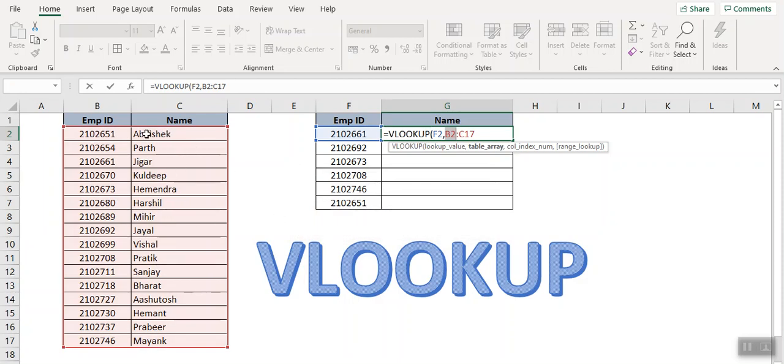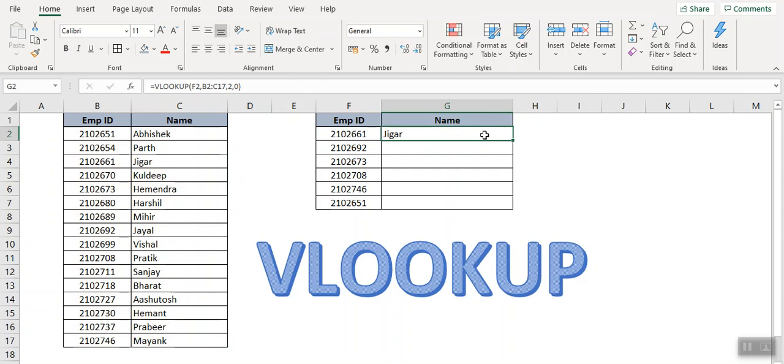Now the value which we want is in the second column. So after selecting the range, enter comma. Basically the value which you want is in the second column, so here we have to enter 2, then again comma, 0 and close the bracket. Now press enter.